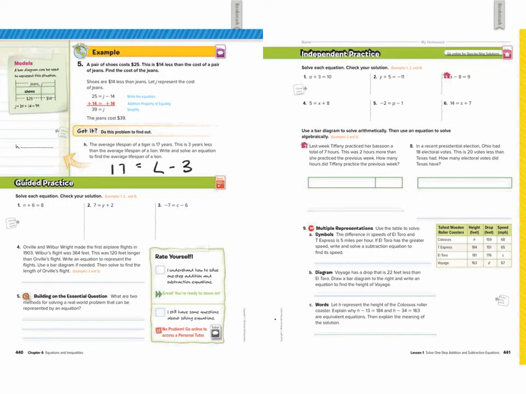We're going to use our inverse operations, or that addition property of equality. So that means we're going to add 3, and we're going to add 3. 17 plus 3 is 20. So we're going to write 20. We're going to label it years. Let's look at the guided practice, and then we'll be done, and you'll have a chance to practice some